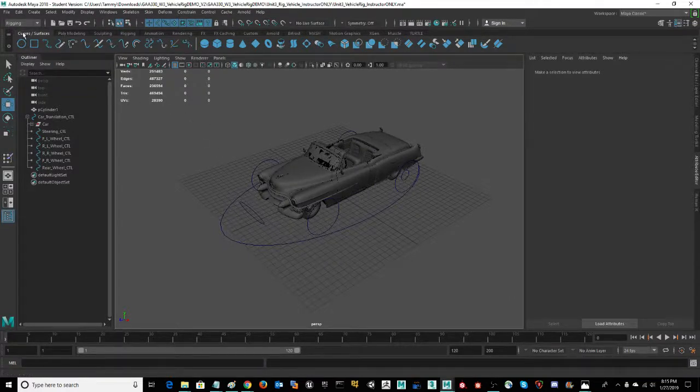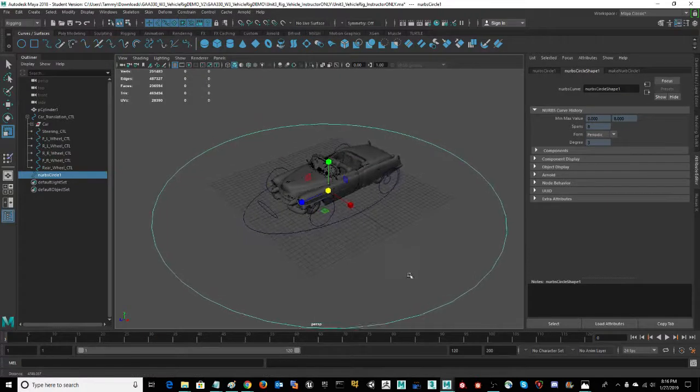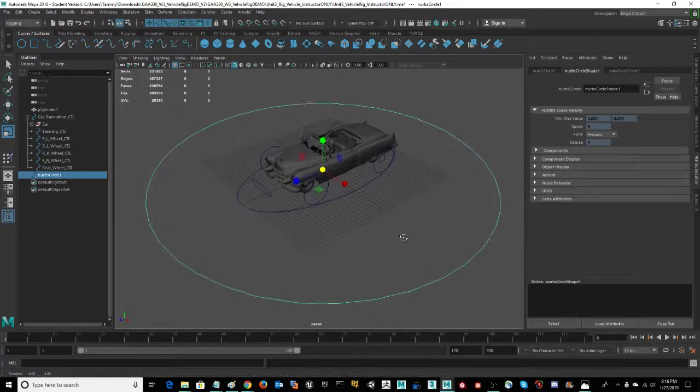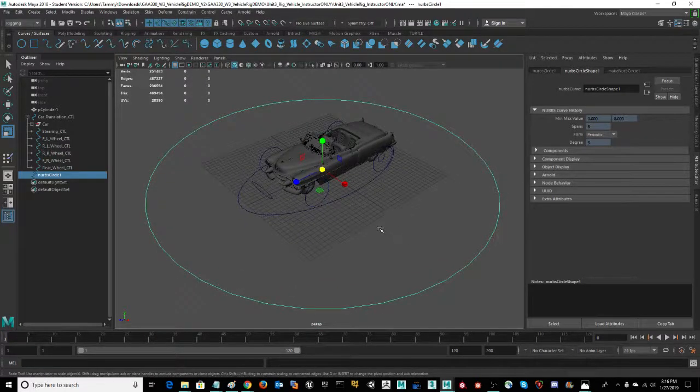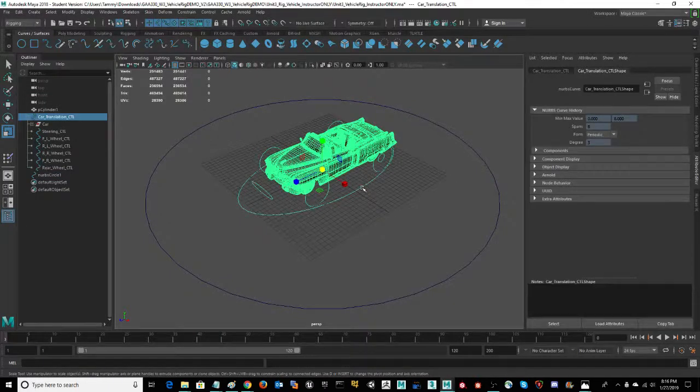I'm going to come right up here to the Curves and Surfaces tab and select my circle and scale that up. I'm going to keep my path kind of small because my vehicle is fairly large. I think my cameras are going to start clipping it out. So just starting with a general circle path, I'm going to go ahead and select my translation node,